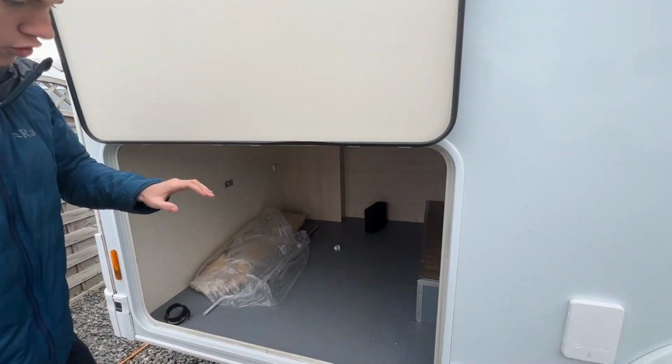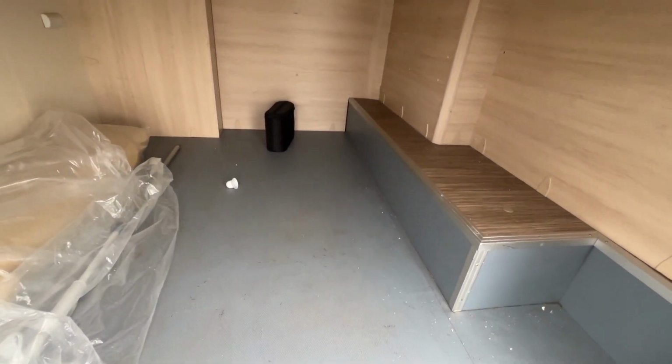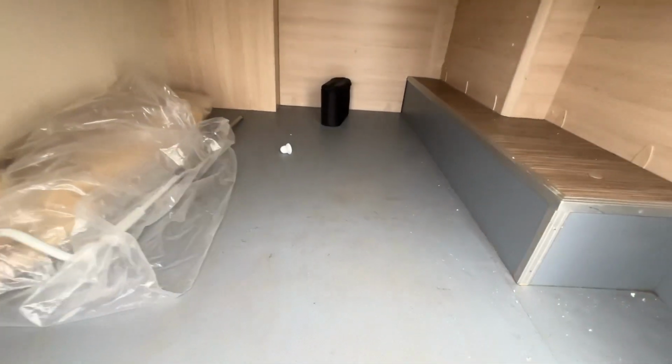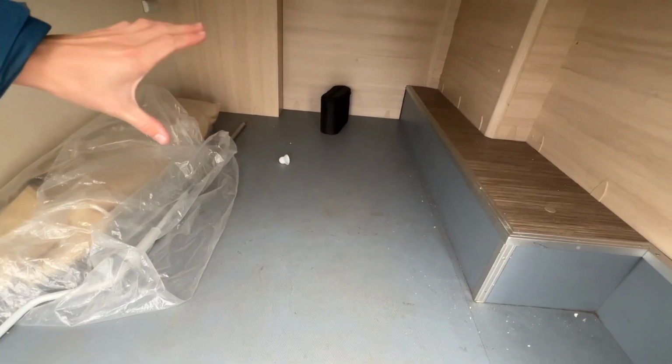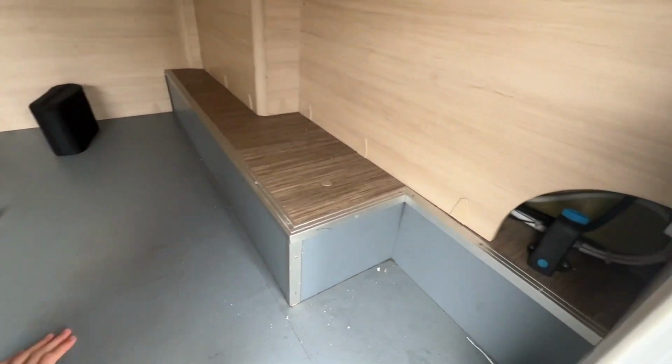On this vehicle you've got a good sized garage, which is situated under your double bed at the back, your French bed. You've got your carpets, your awning winding handle in there, tyre inflation kit, as it doesn't come with a spare wheel. And you've also got in this corner here,